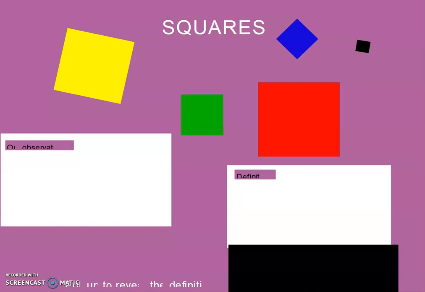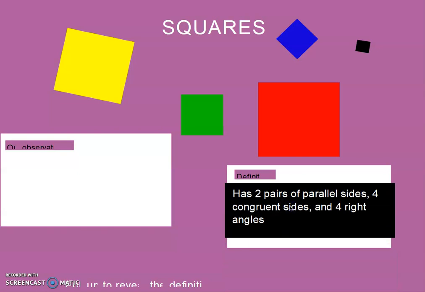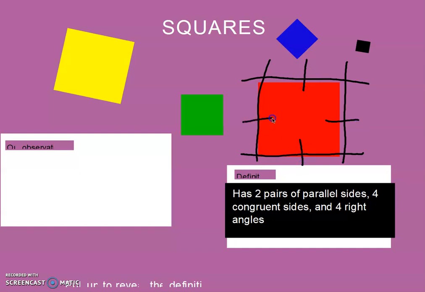Now, what do you notice about a square? A square, the definition, it is very special. It has 2 pairs of parallel sides. So it's a parallelogram. But it also has 4 congruent sides. All the sides have to be equal, just like a rhombus. And it has to have 4